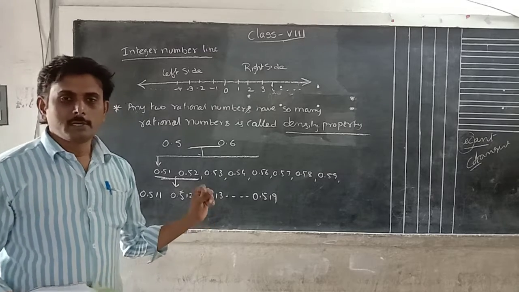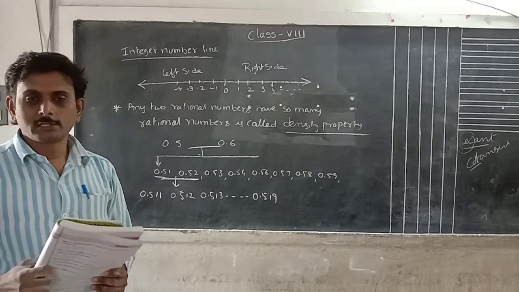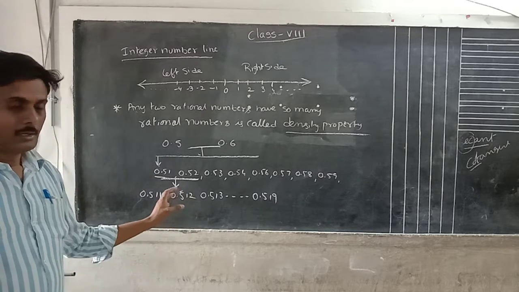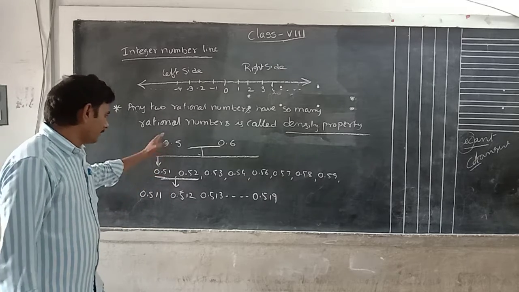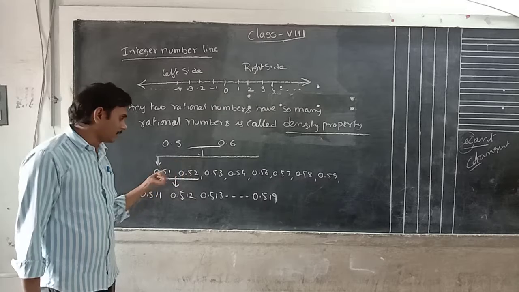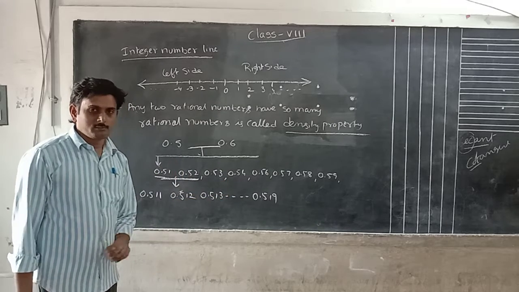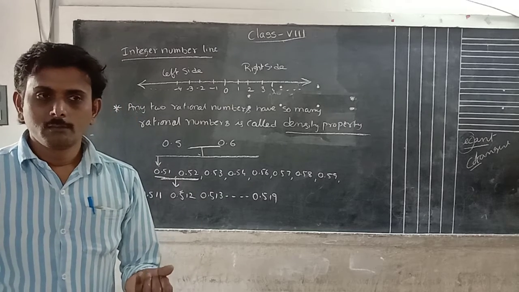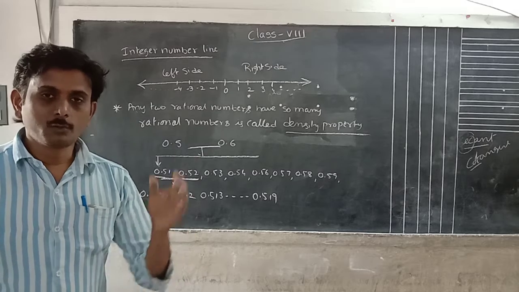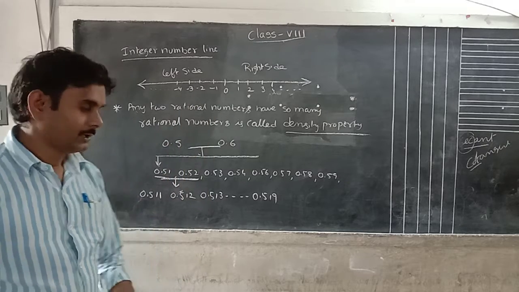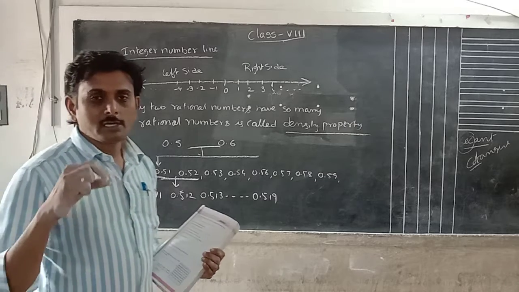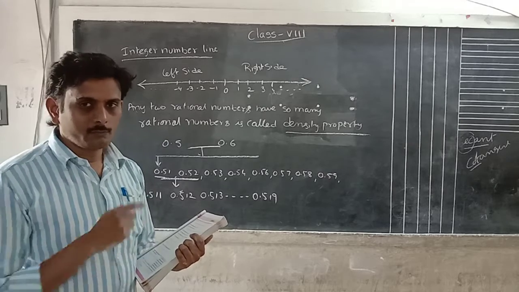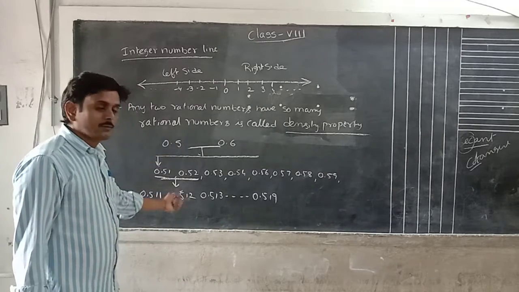That means every rational number can be represented as a decimal number. If you write decimal numbers, between those so many numbers are there. But in this exercise we will learn how to write rational numbers between any two rational numbers, and pick the required ones from the many possible. We will practice that here.